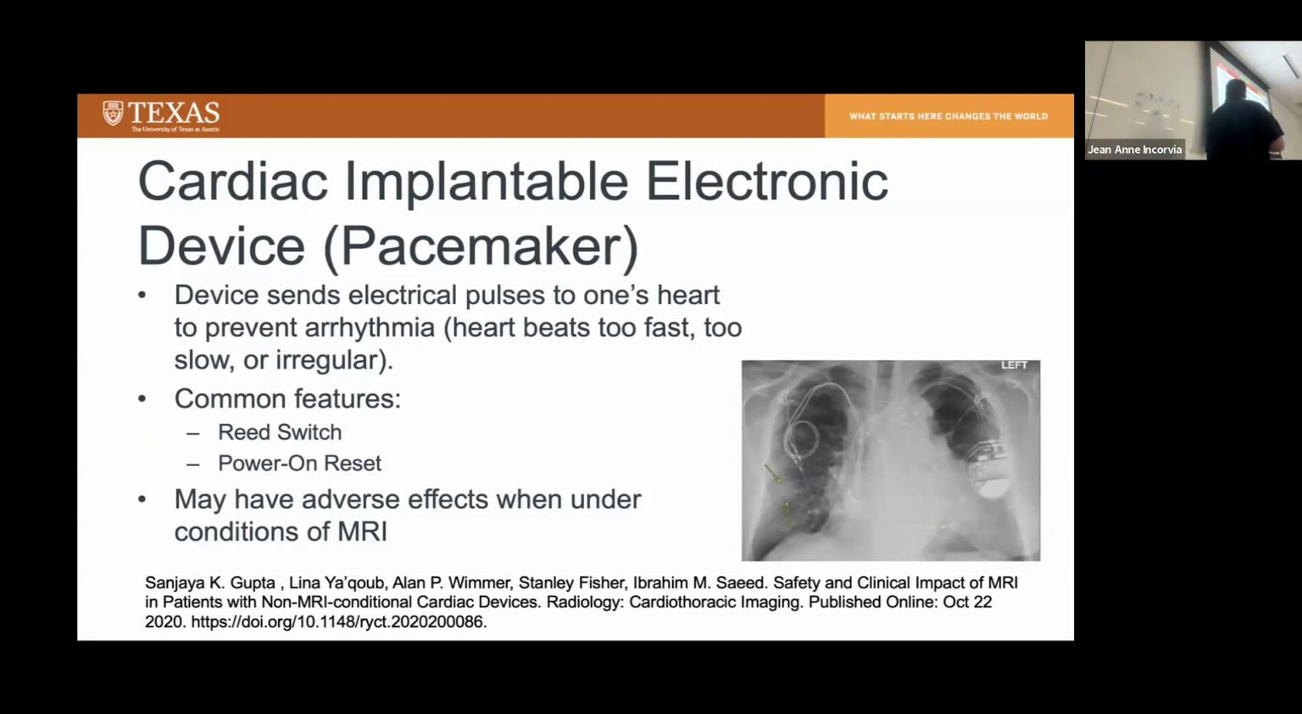that's important. Basically, the reed switch acts as, they called it magnet mode, so it's like a fail-safe. It basically turns the pacing to an asynchronous pace, which is basically like a pre-programmed set amount or set pace of the heart beating. And the power on reset is basically a switch that